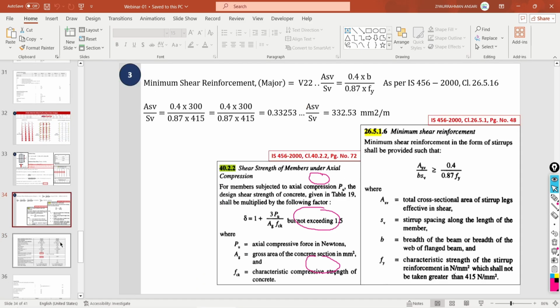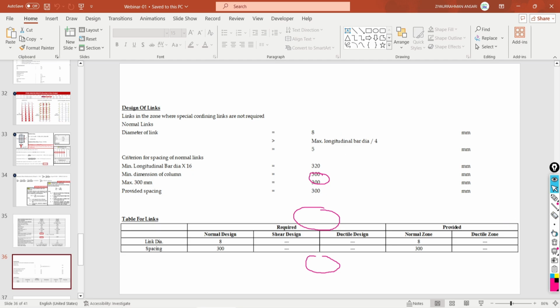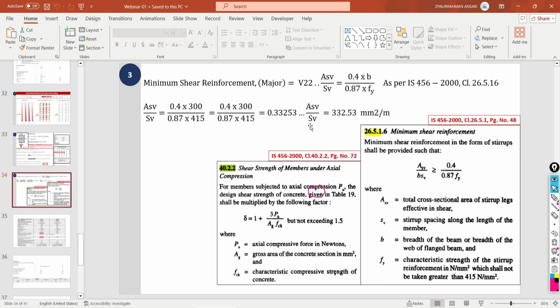So my dear friend, this is what overall RCDC is also going to follow to do the calculation. So what spacing have they calculated? They have not calculated the area, we have calculated the area. So this is what RCDC has calculated: 8 mm diameter bar at a spacing of 300 mm can be provided. If I find out the spacing, I will also come to the same conclusion: 8 mm diameter bar at a spacing of 300 mm center to center we are going to provide.